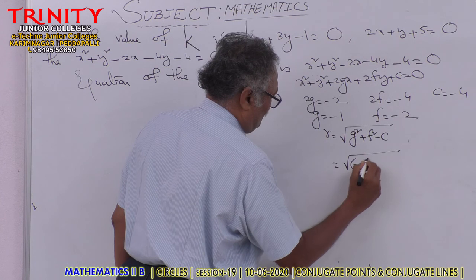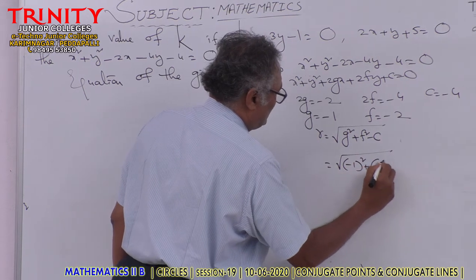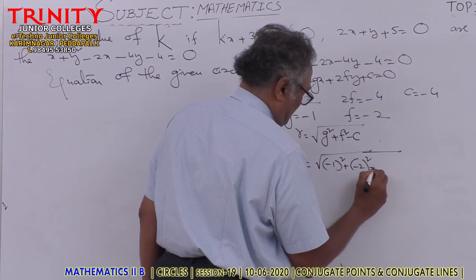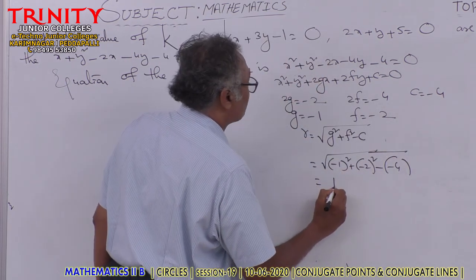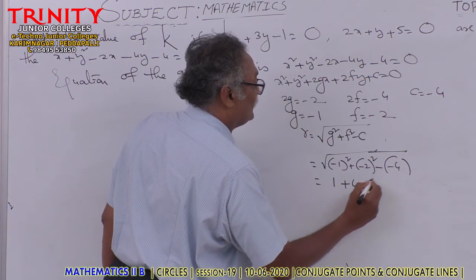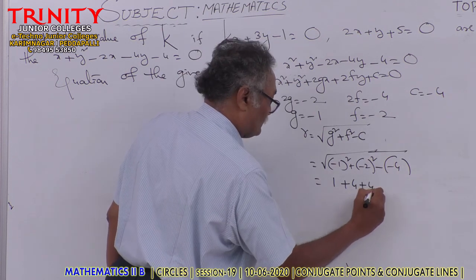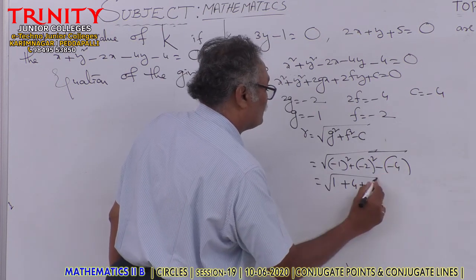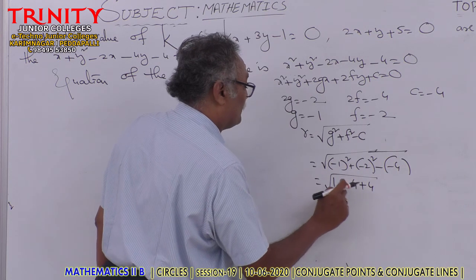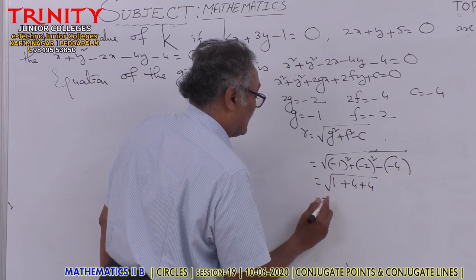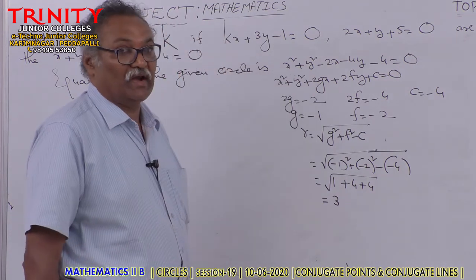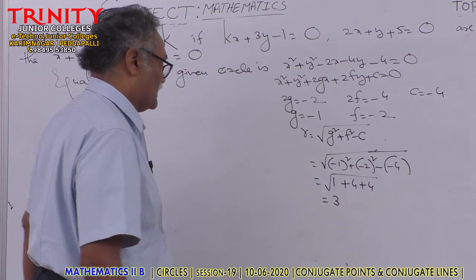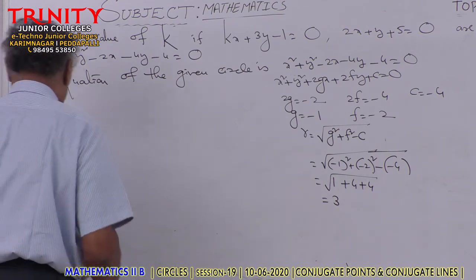Minus 1 whole square plus minus 2 whole square minus 4. Here 1 plus 4 plus 4, that is 4 plus 4 plus 1, 8 plus 1, 9, its square root is 3. Radius of the circle is 3. Now, if